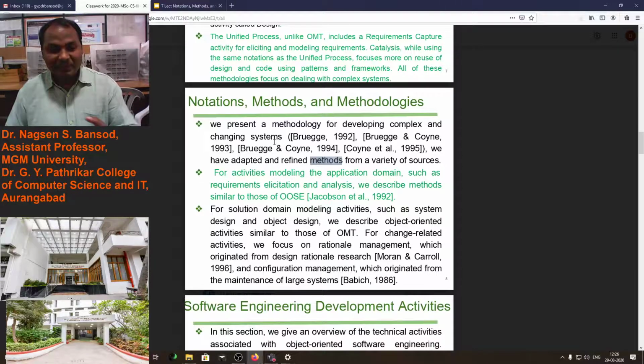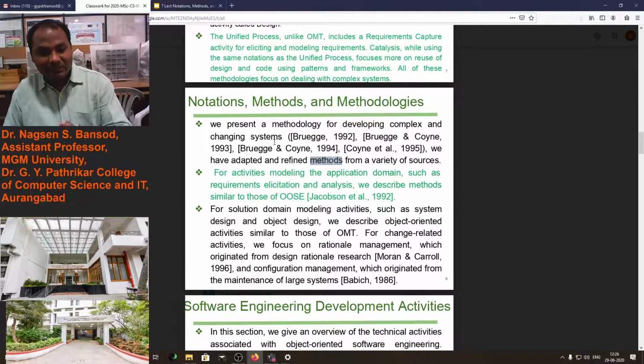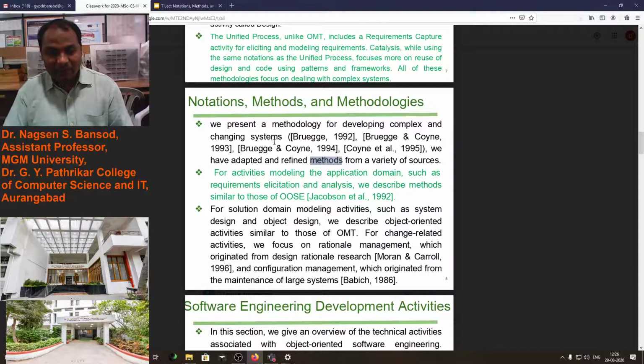Methods means multiple methods are there. For a single product, if we require different types of methods, then we can say that is the methods. Bhakti will prepare differently, and Padmasri will prepare differently. That is the method.